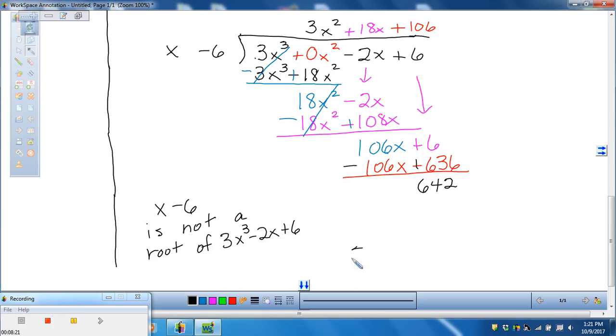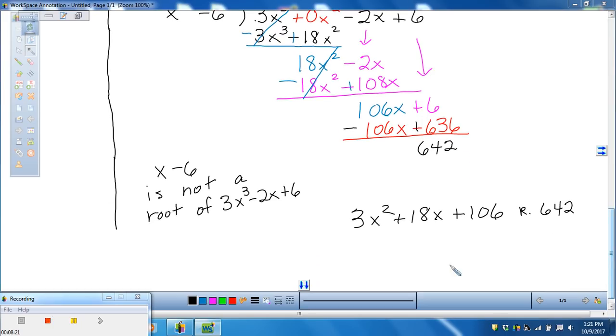Now there are 2 ways to write this. 3x squared plus 18x plus 106, remainder 642. Sometimes you'll see it written that way, but most of the time you're going to see it written the second way, which is 3x squared plus 18x plus 106